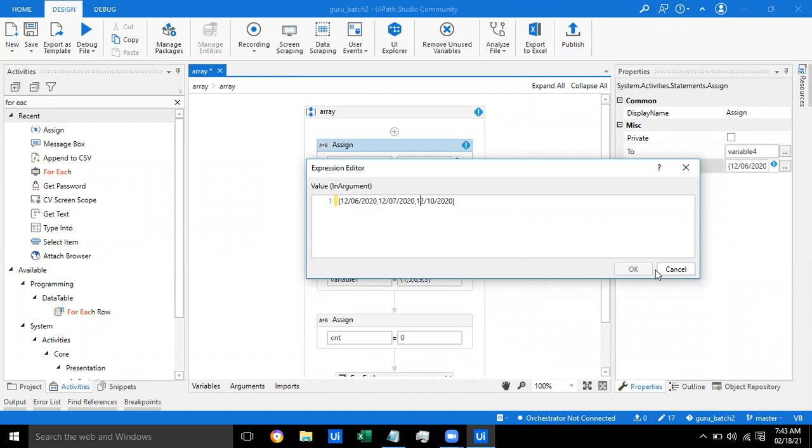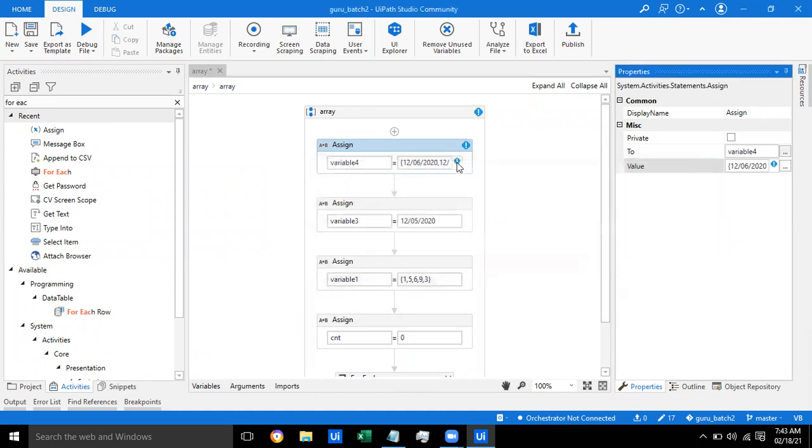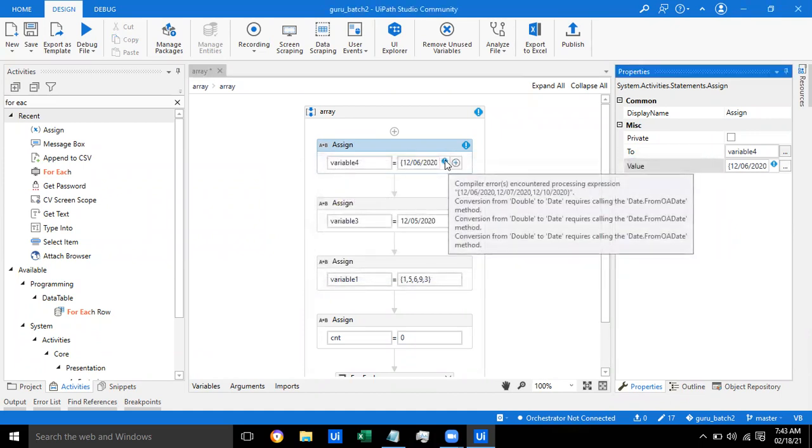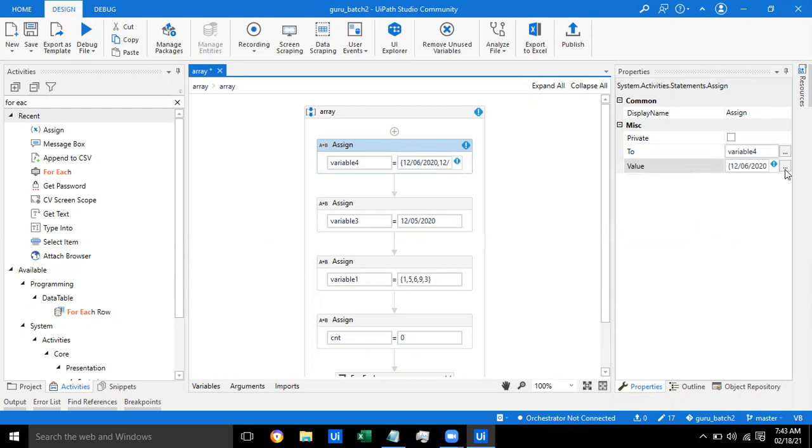No, there's no gap. What is the error? Okay, let me do that, please.